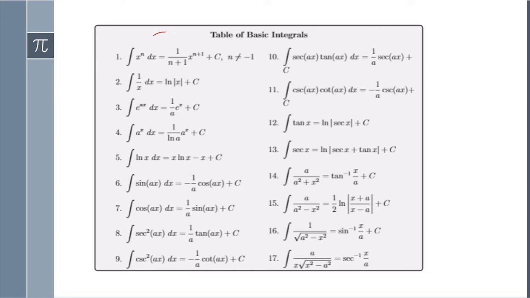Okay, similarly, we have all these functions like trig functions. The derivative of sine x is cosine x, so the integral of cosine is sine. So we have all these formulas here, and we have to remember these formulas. Next we are going to see a couple of examples using these integrals. So make sure you remember these